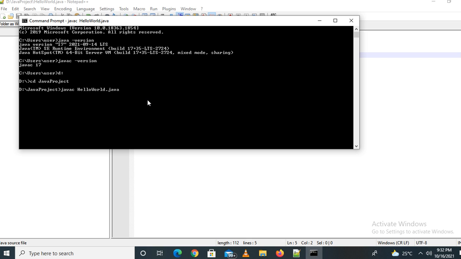Let's compile it. Yes, it's compiled. Now run it with the java command: java space HelloWorld. You can see that hello world has been displayed here. So now our system has Java 17 properly installed, and we ran a Java file, so it is working well.